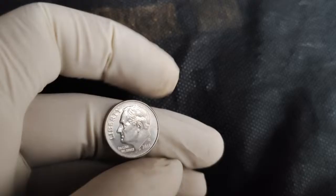The Roosevelt dime had been minted since 1946, shortly after the death of Franklin D. Roosevelt, the 32nd President of the United States. The dime became a tribute to his legacy, especially his work in founding the March of Dimes to fight polio. The design